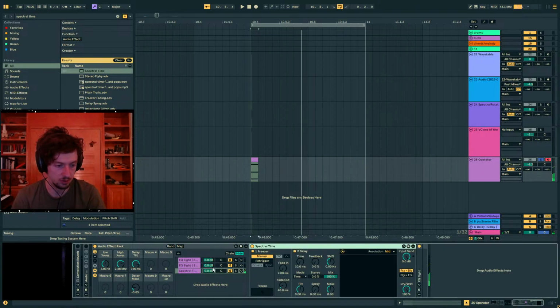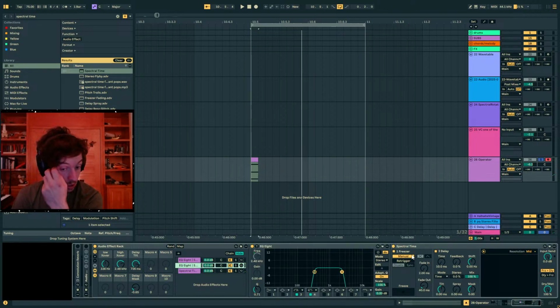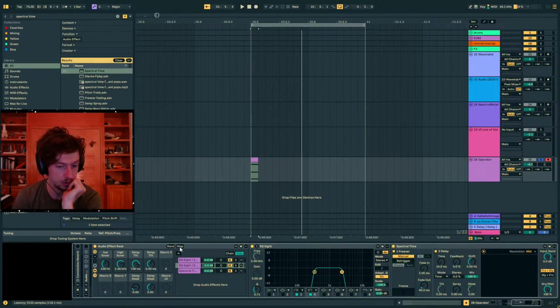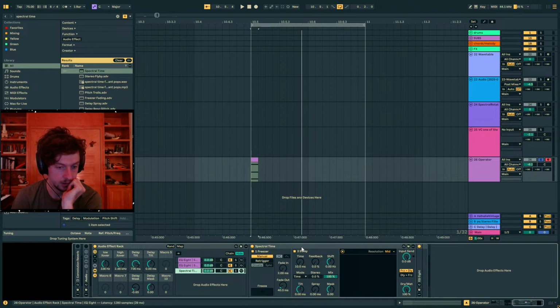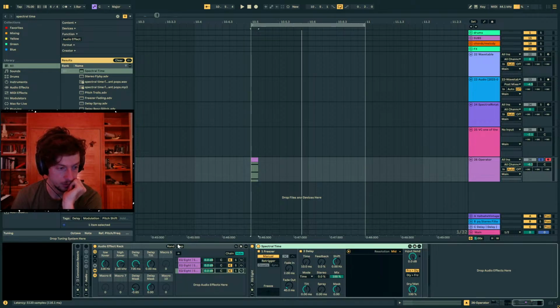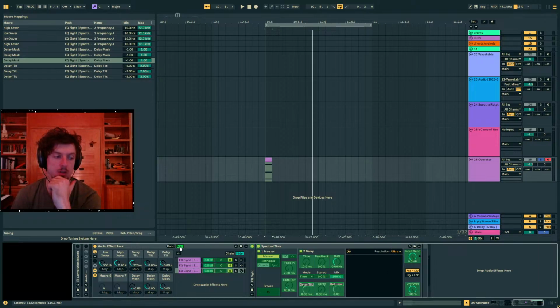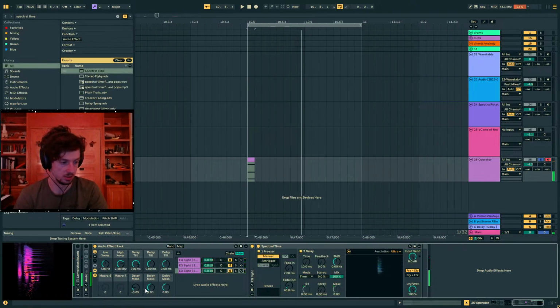Paste it here as well. And then we're gonna map the same parameters: tilt and mask, also ultra. And then there: tilt, mask, ultra. Okay. Right, so now